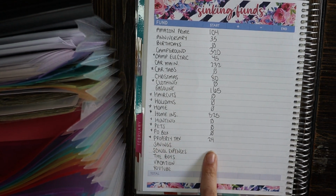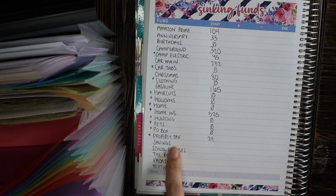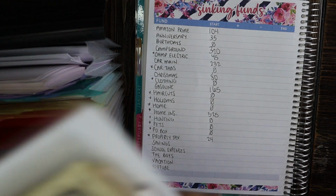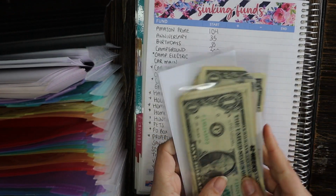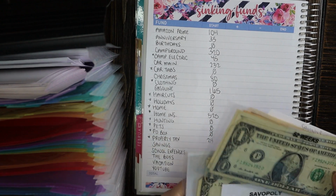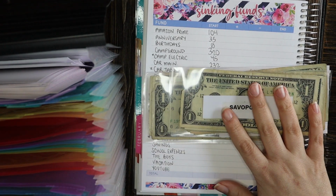So next I have savings. Savings I have lumped all together in just one category here. This one might get complicated because I have multiple savings envelopes under the savings heading just to save lines on my layout. Plus, I have definitely added money to my 52 weeks and my Savopoly in